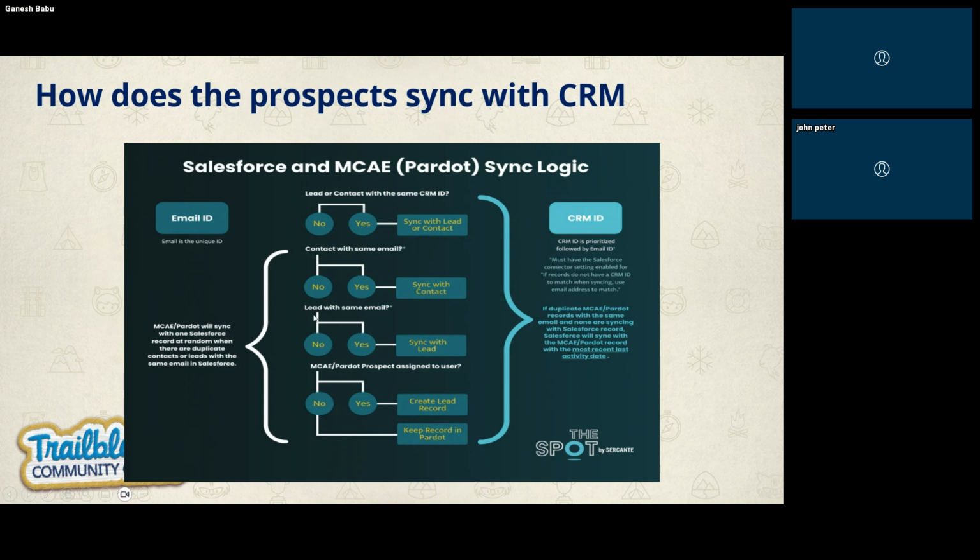If the record doesn't exist with the lead either, then I'm going to create the prospect in Pardot. If there is an existing record with the same email ID, whether it is a contact or a lead, I'm going to amend the values from the form submission. Then if the prospect is assigned to a user, I'm going to create the lead record. If not, I'm going to keep it in Pardot itself. So it's as simple as that.